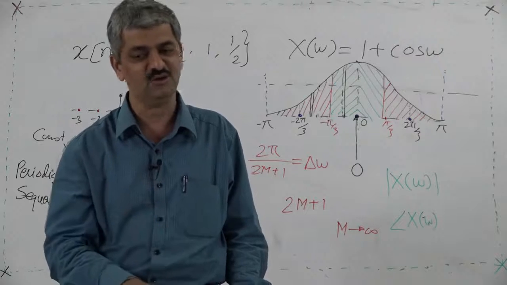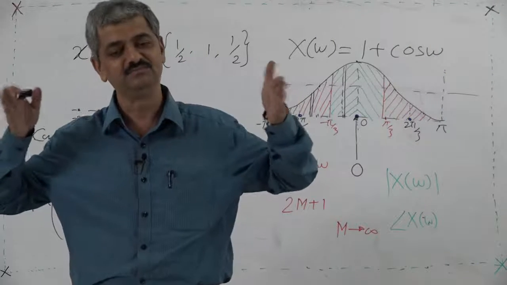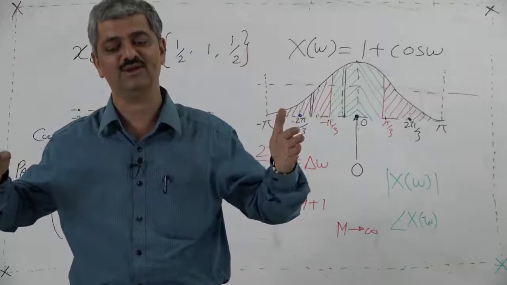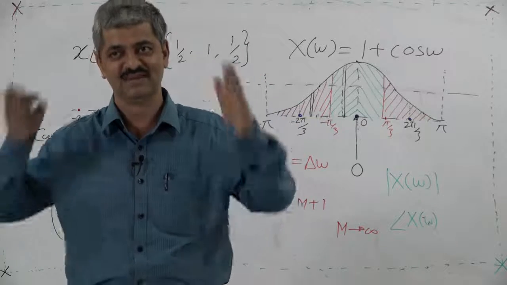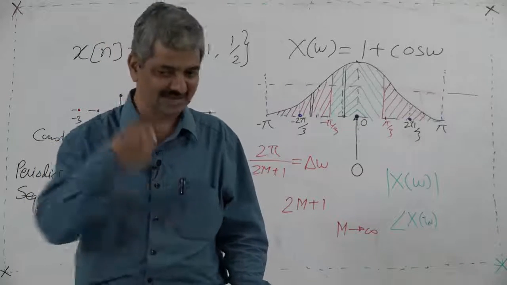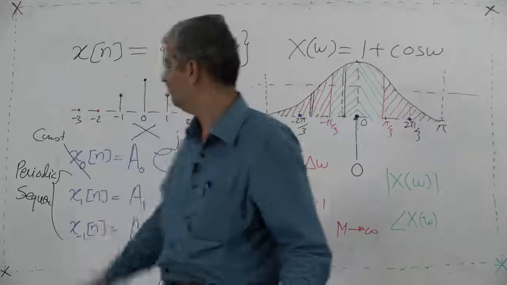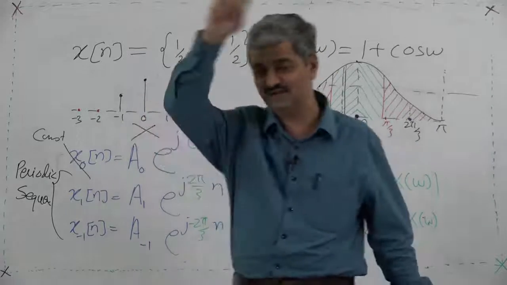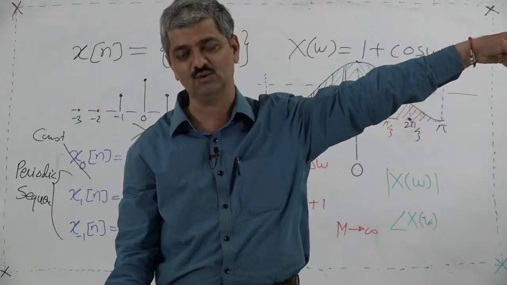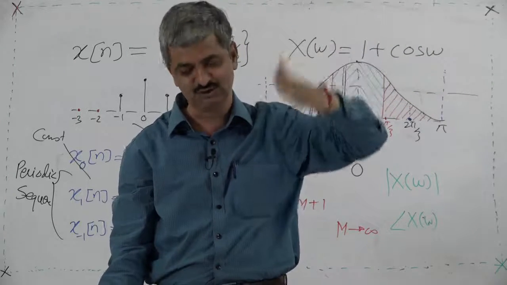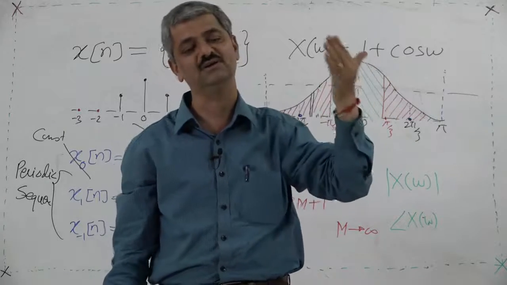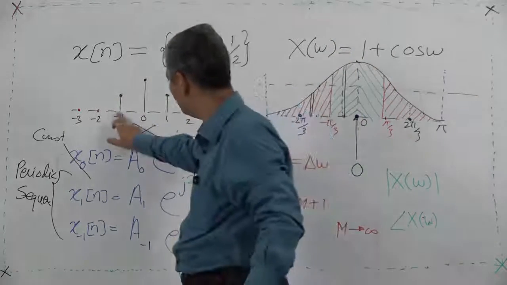As delta omega is not 0, you can divide the width of 2 pi into 1 lakh 1 strips, 2 lakh 1 strips, 10 lakh 1 strips, and so on. And as you do this, you can write a MATLAB program and you will find that you come close to this. When will the sequence repeat? After sample 1 lakh, after sample 10 lakhs, after sample 1 crore, and as the strip width tends to 0, the number of subcomponents becomes infinite. So the sequence will repeat this minus 1 0 1.